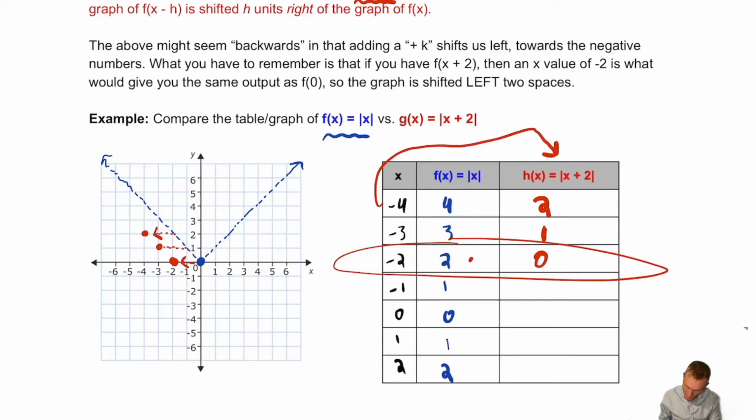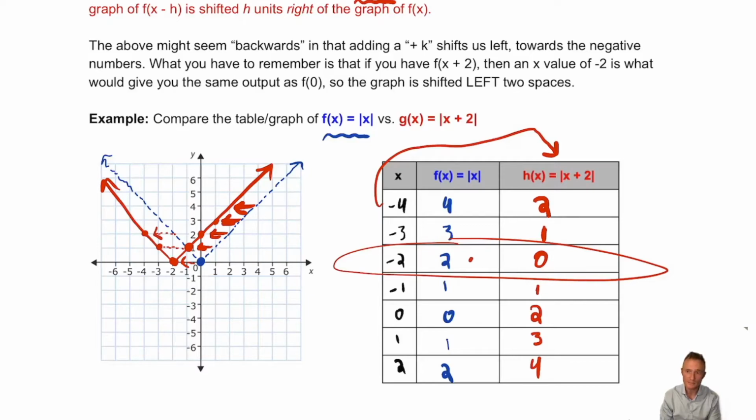-1 plus 2 is 1. Absolute value makes it +1. At this point, we can tell 0 plus 2 is 2. Our absolute value graph has started to turn around. So it's just going to continue upwards like that forever because we've made our turnaround. And as you can see, left 2 spaces, left 2 spaces, left 2 spaces. Everywhere you go, you're just going to be shifting this graph left 2 spaces from our parent function, the absolute